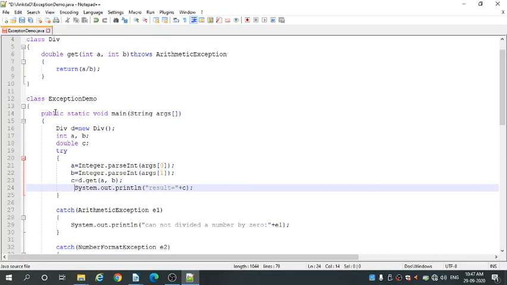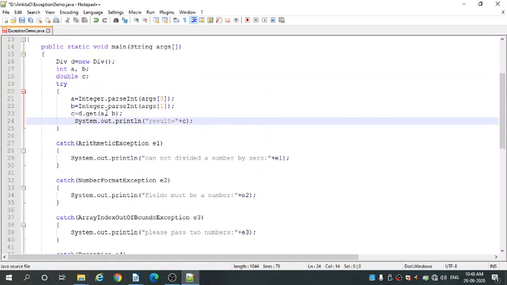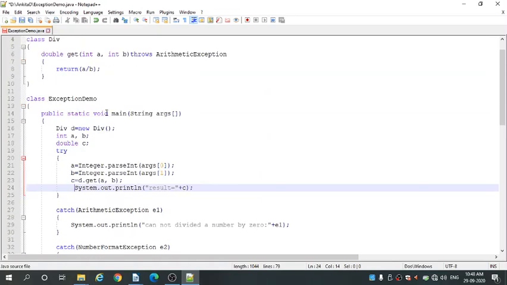Then we have created the next class, ExceptionDemo. Inside this ExceptionDemo we have written public static void main String args. This is the main method, and we have written it inside the class ExceptionDemo. So ExceptionDemo is the main class in this program. So you should give the name ExceptionDemo for this program because we have written the main method inside this class. So inside the main method we have created the object for the class Division. Division d equal to new Division. Okay, so d is the object for class Division.